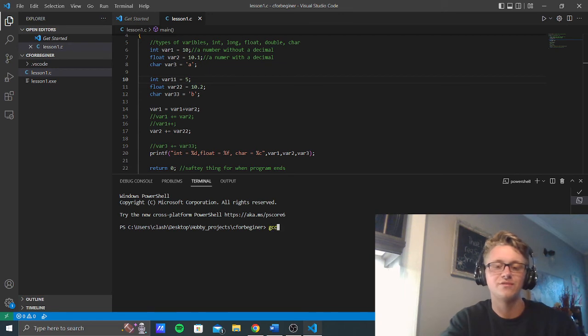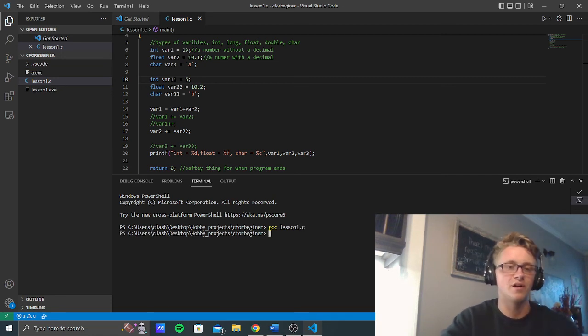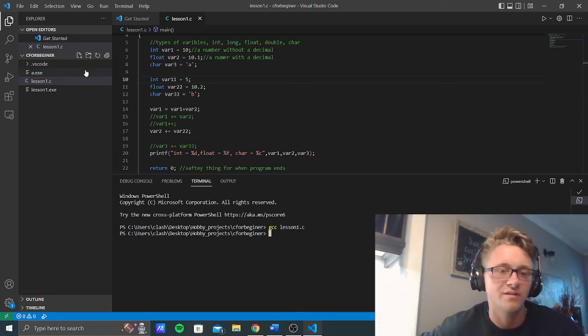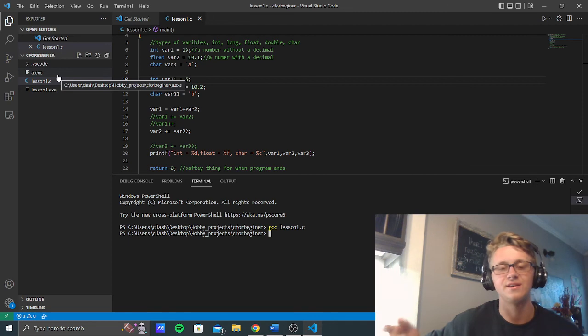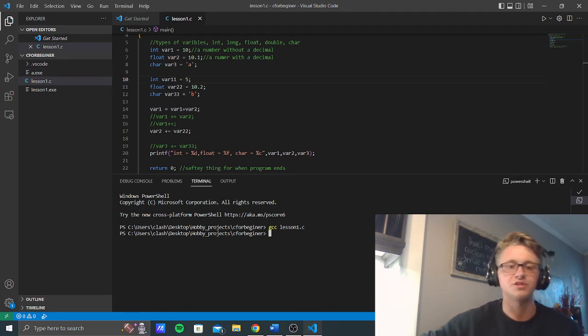So to compile something, you just type gcc and the name of it. So lesson1.c. And there you go. It's compiled. And you know it's compiled because it's got an a.exe, and exe just means executable, which means now we can actually run the code. So if we just go